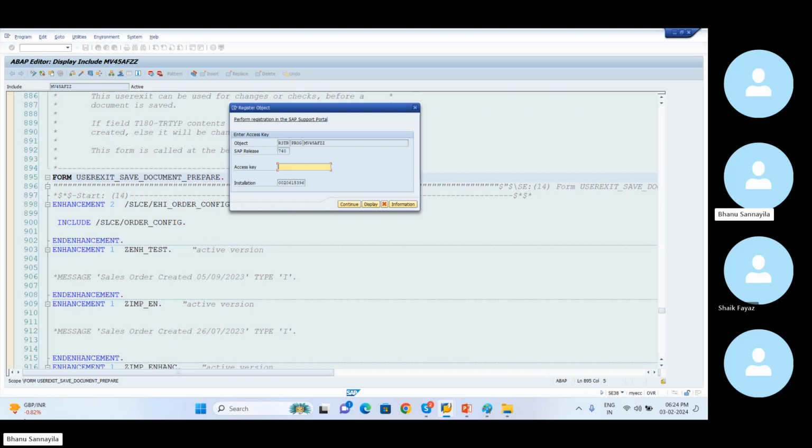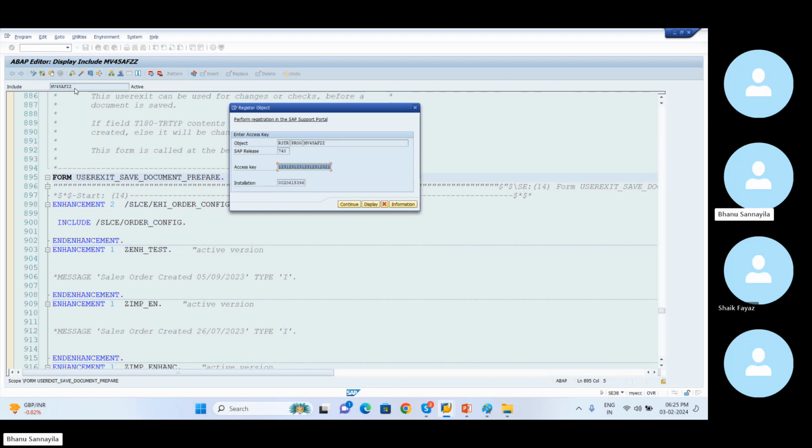The moment you take the access key from SAP, it will not provide you a guarantee on this particular application. They are providing you the access key. Let's say they have given me the access key and I just say continue. Immediately, this entire include will be in change mode, and happily you can write the logic. But going forward, if something happens on this program, if the program is not being activated or something is not working properly,